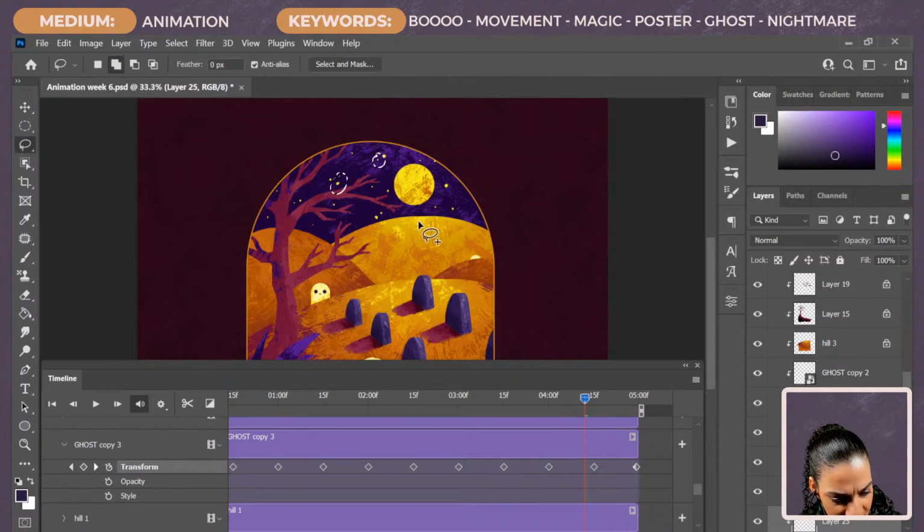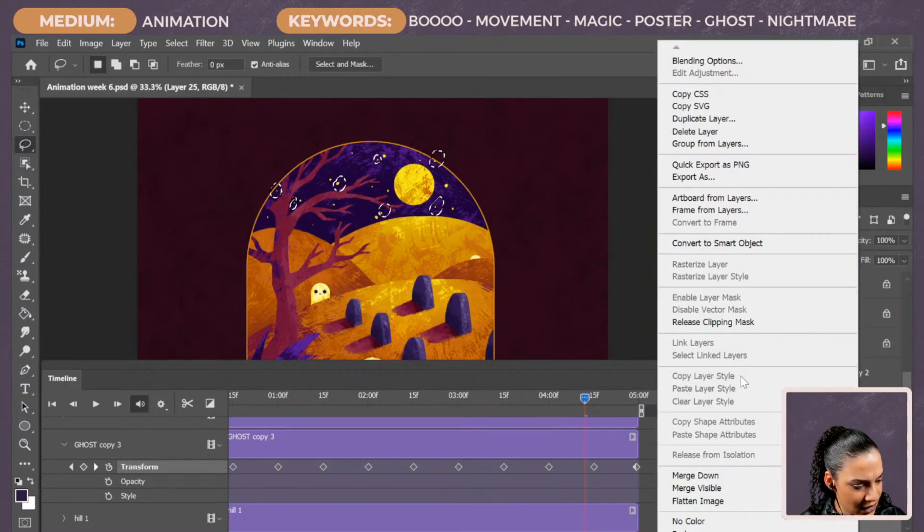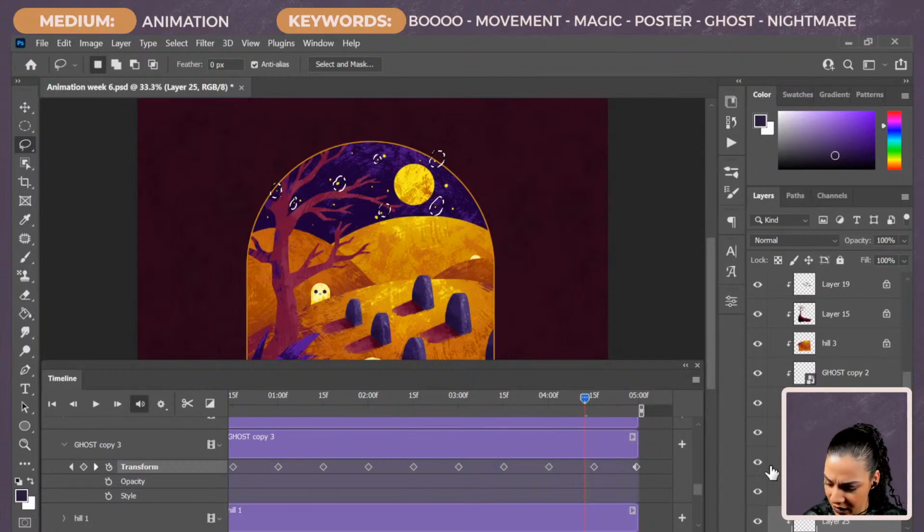I'm gonna select only some of these stars. And I'm gonna layer via cut. Let's see, can I? Why can I not?